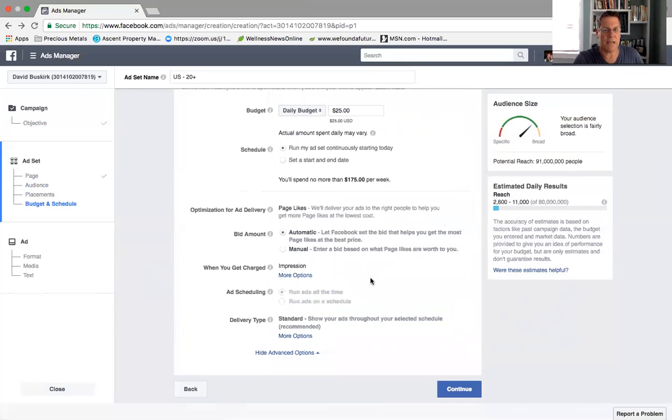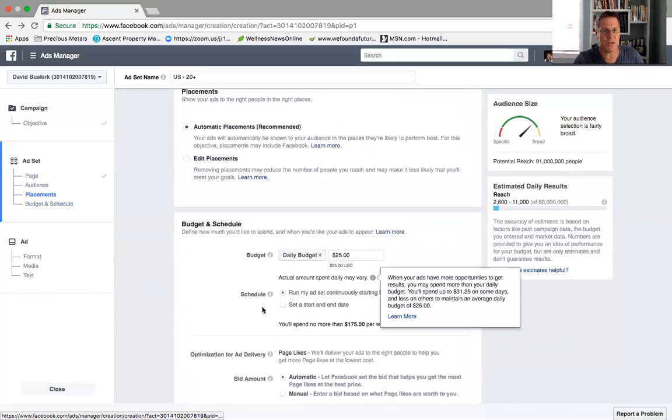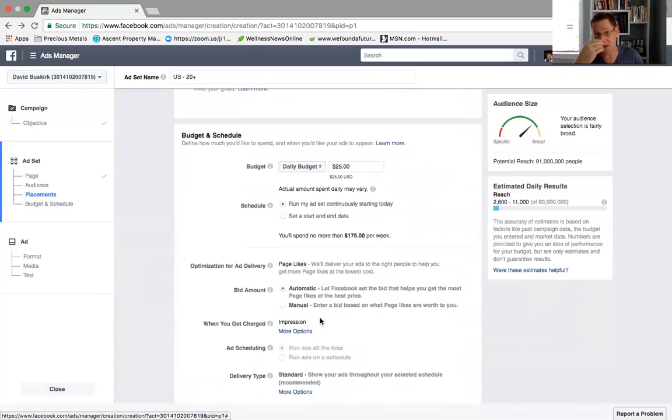And that will take us into the next section of the Ads Manager, which is the daily budget. We'll just keep it daily, but you can run an ad for as little as $5 a day. And if you're just starting out, you probably just want to start there. It all depends on your budget and what you're looking to accomplish. But if you're just starting out, I would definitely test things out, set it at $5, and see what